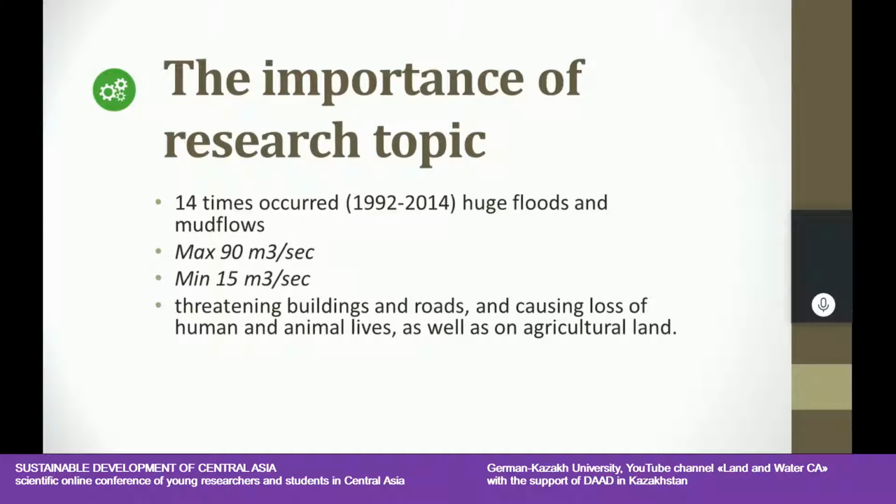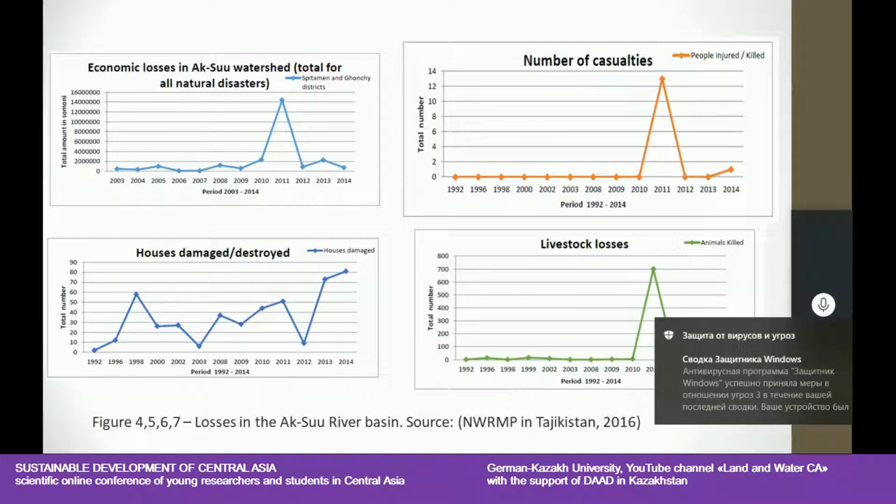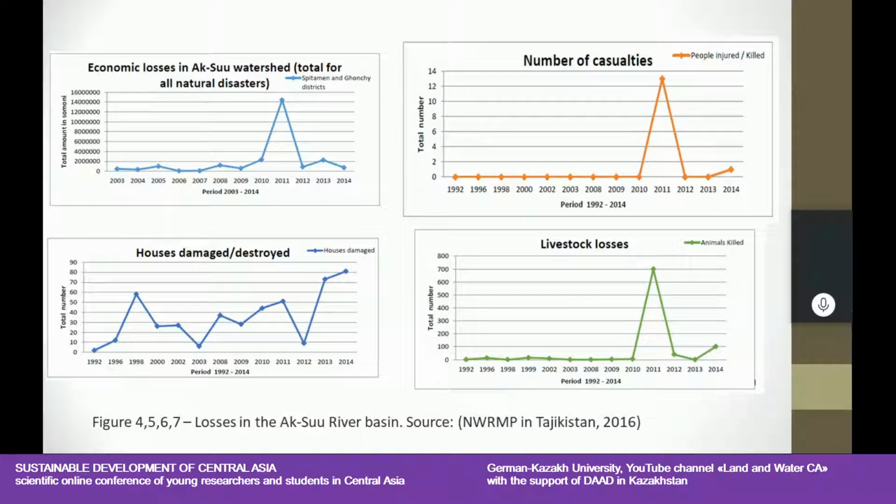So from this, you can see the number of economic losses, houses damaged or destroyed, livestock losses, and number of people